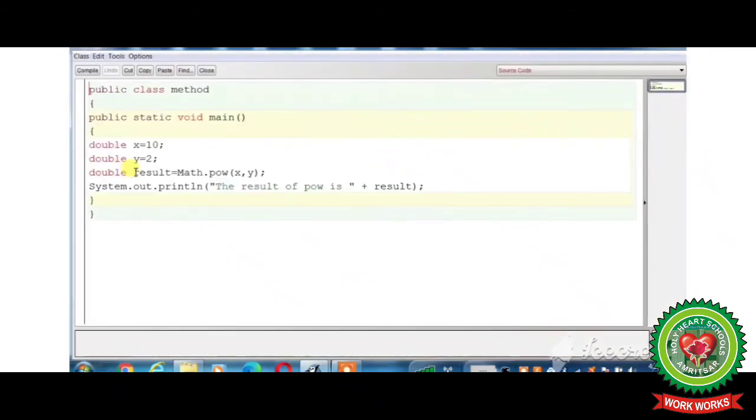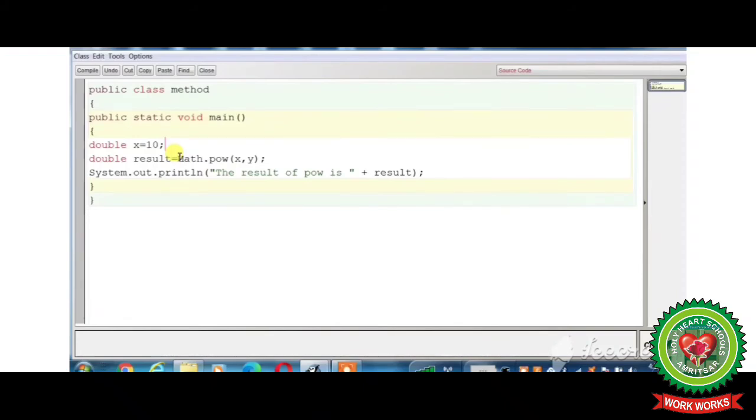Again we will double click on the program and we will use the square root function. As in the square root function we will take only one argument. So here we will delete one variable and here we will take the value of x, that is 25. We will delete this pow function and write the function sqrt. Here also we will write only one variable, that is x, and in place of pow we will write sqrt.